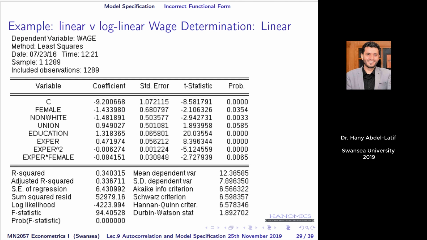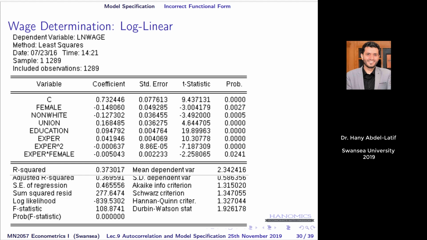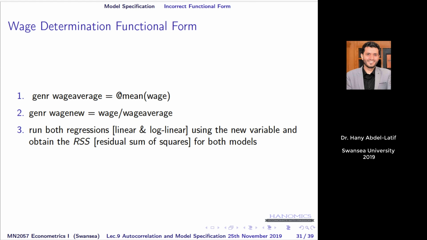So now I'm trying to compare between two functional forms. I have a wage equation with a number of regressors on the right-hand side, and I'm not sure whether I should use wage in linear form, or log wage with the other side in linear form, which is the log-lin form. So what we did here, we created a new variable, which is the wage divided by the wage average, or the mean value of wage, and this is how you can create it in